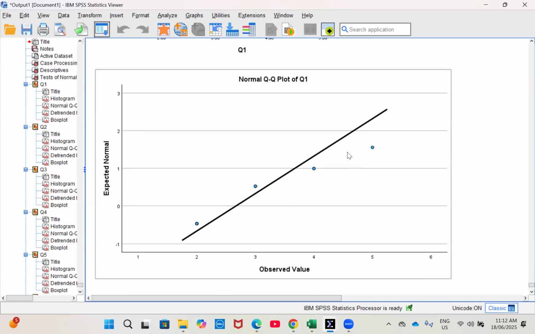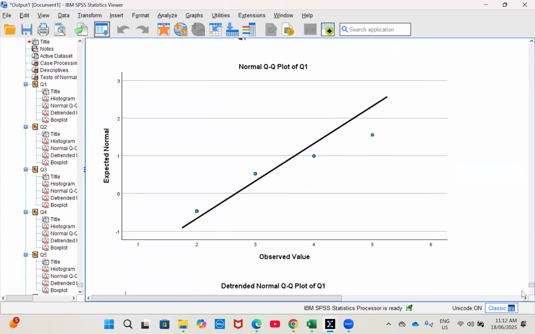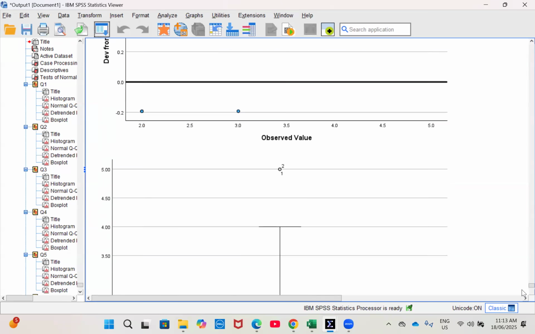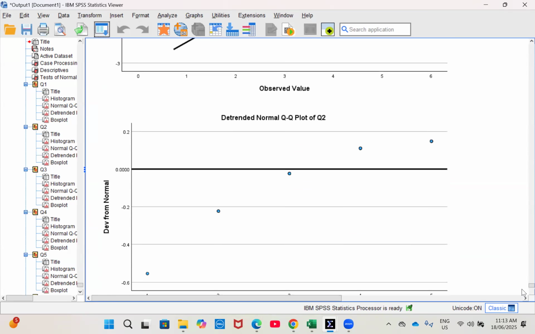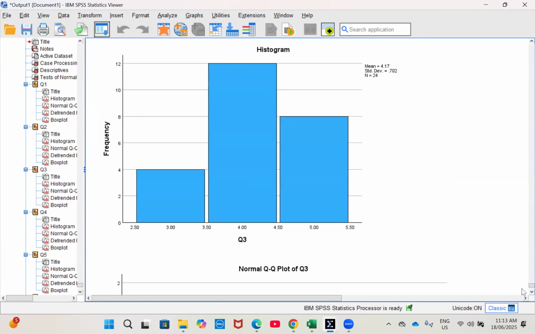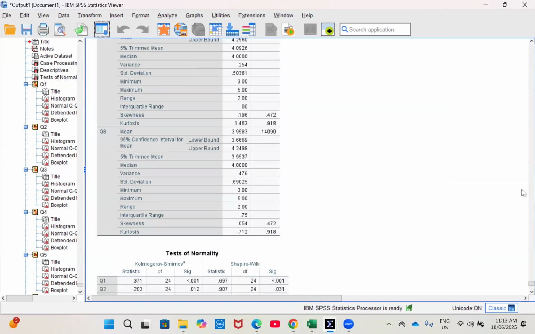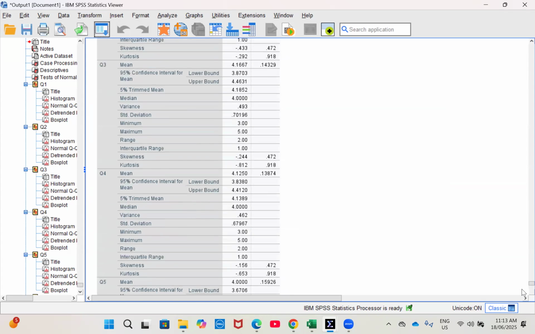And here you can also see from the QQ plot that some of our values are far away from the scatter diagonal line. They should be closer. If all the scatter values are closer to this, then we can say it's normally distributed. But here they are not. Some of them are far away. So once again, it's another confirmation that our data set is not normally distributed. And the same thing applies to all of them if you pick them one by one. So that is it for the